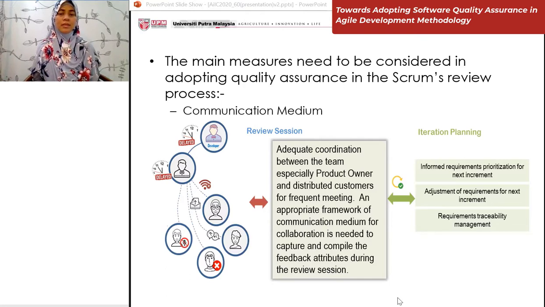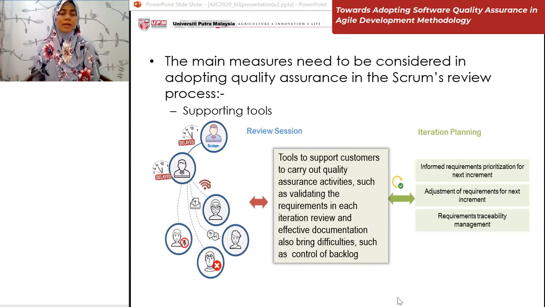Adequate coordination between the team, especially the product owner and distributed customers, is important. An appropriate framework of communication medium for collaboration is also needed to capture and compile the feedback attributes during the review session. The last main measure that needs to be considered in adopting quality assurance in the Scrum review process